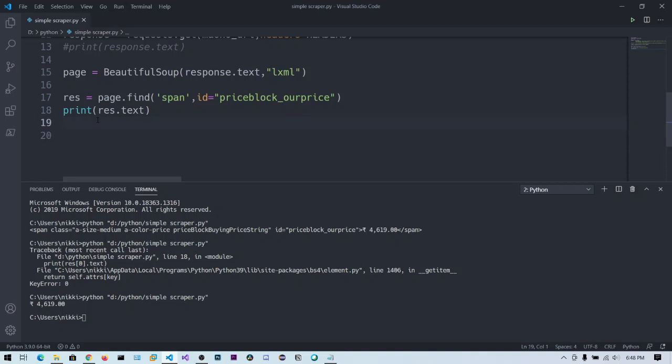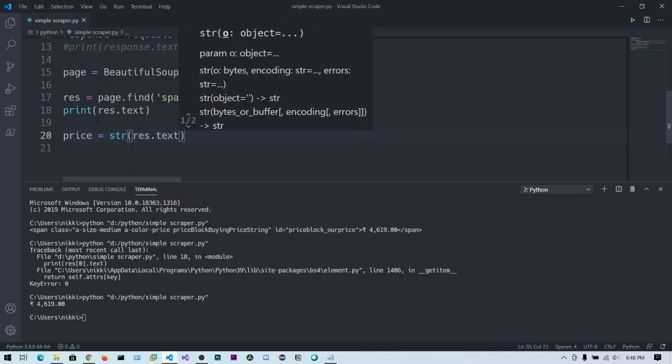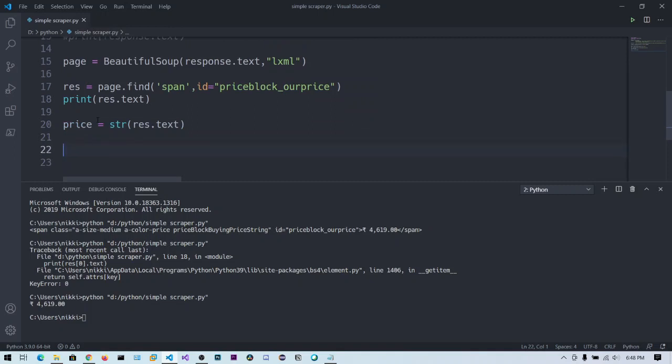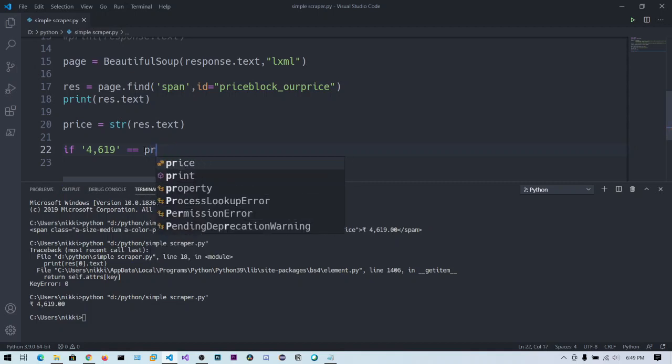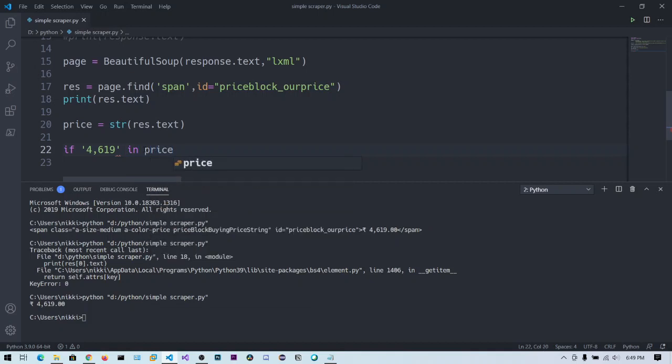Now we can say price is equal to str of res.text. Okay, so we got the price. Now, how do we monitor this? We need to check whether 4619 is the price of the product or not. If 4619 is equal to the retrieved price, sorry, we need to use the in operator, 4619 in price.